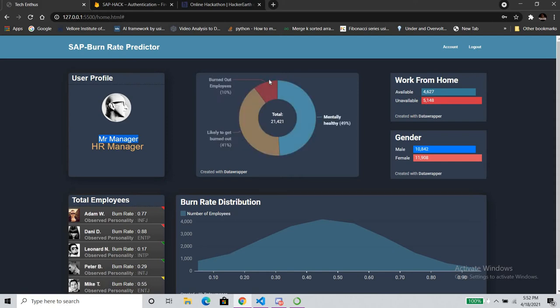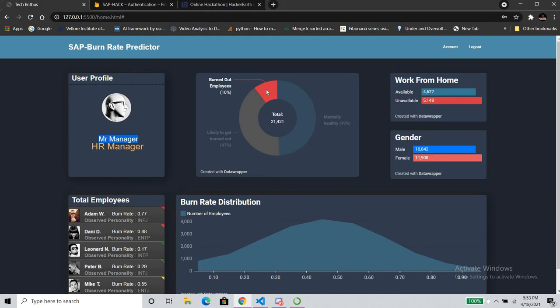Now over here you can see the pie chart, or this is actually called a donut chart if you're being very specific. What it shows is the total employees and how the employees are differentiated between whether they're likely to get burned out, or whether they're actually burned out, or whether they're perfectly fine, healthy employees. From the database that we have taken and calculated using the machine learning algorithms, 49% of the employees in the data set are perfectly healthy, mentally healthy. 41% of them are pretty likely to get burned out in the near future, but they're good to go as of now.